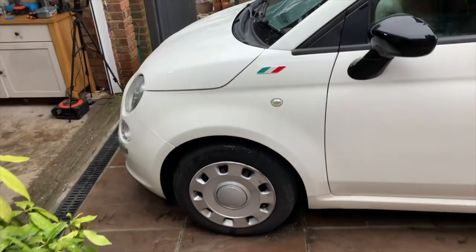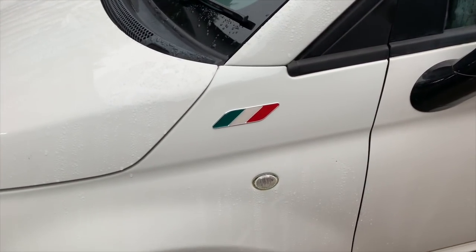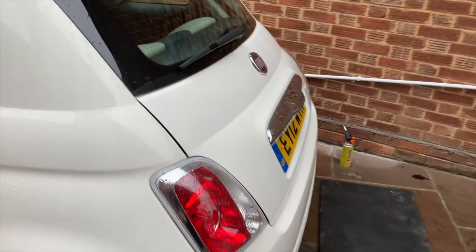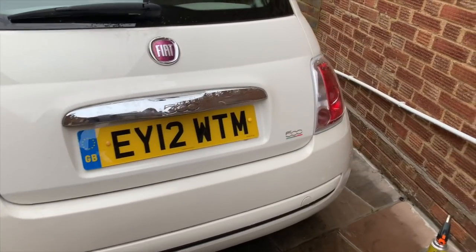Right, I think we're pretty much done. Oh, I've still got to do the bumper bolts, but I've put the little finishing touches on, as I always do. I normally put my flowers on, as you know, on the boot, and I've just cleaned the boot area to put them on, and I can't find them. So I'm going to have to order some more. But I've also put that little thing on there,